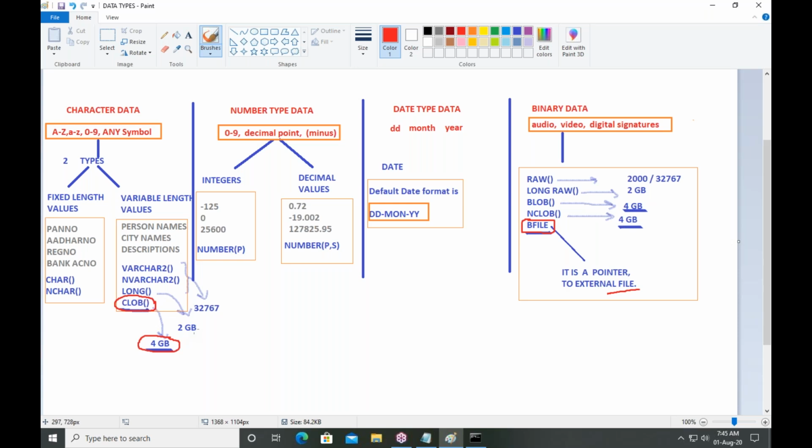So in the database, if you want to store any character value, the maximum size permitted is 4 GB. In case of binary data also, you can store up to 4 GB value. So binary data maximum size 4 GB, character data maximum size 4 GB.